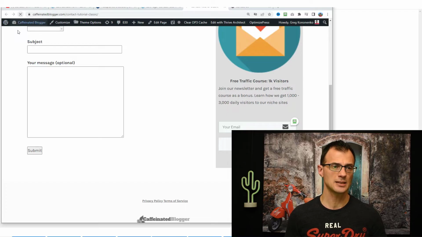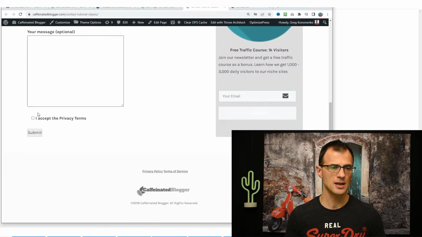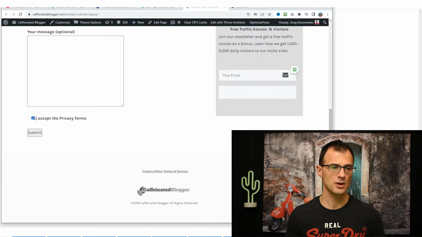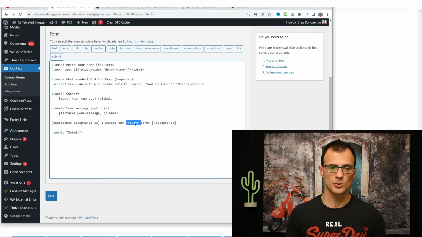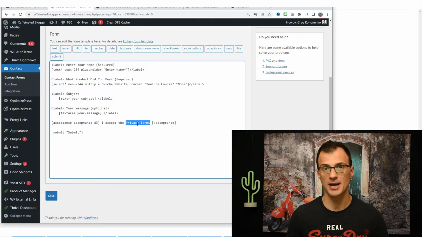We're now going to get a little tick box just underneath it. Okay, so it says I accept the privacy terms. Now the only thing that is missing is that the privacy terms is actually not underlined. So if a person does want to check out the privacy terms that they're accepting, then they can't actually click it. So we can fix this. And for that, we need to get the HTML code, which will help us link these text privacy terms to the privacy page on our website.